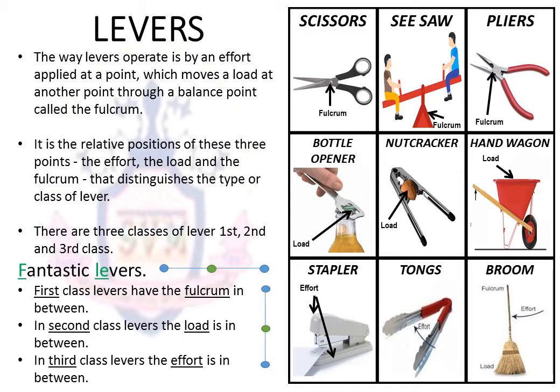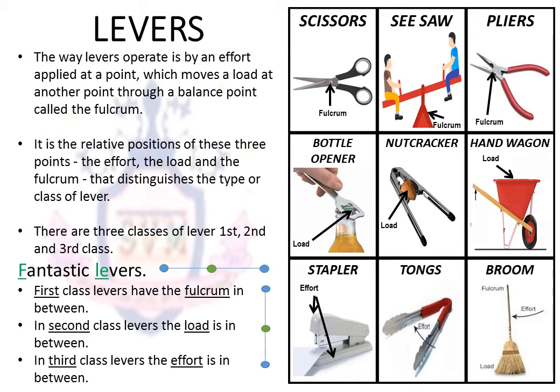Now, let's see if you can solve the third type of lever on your own. It's pretty simple. Take the example of a pair of tongs. Imagine you're picking up some salad with a pair of tongs. Now, you won't be placing your hands at the edge of the tongs. You won't be able to press it downwards and lift anything. You will have to place your hands in the center, which means that the effort you are applying is at the center.